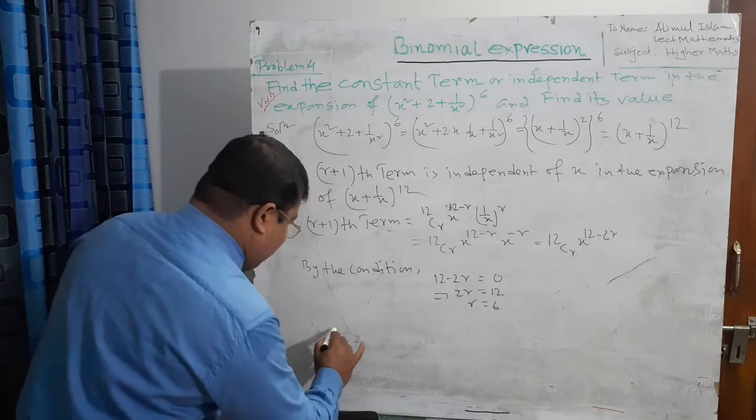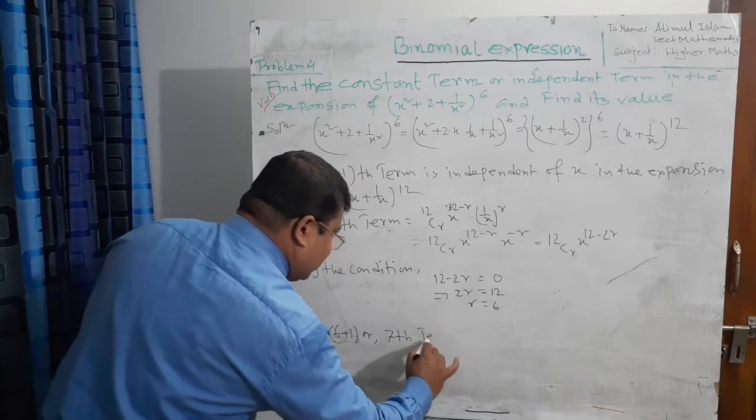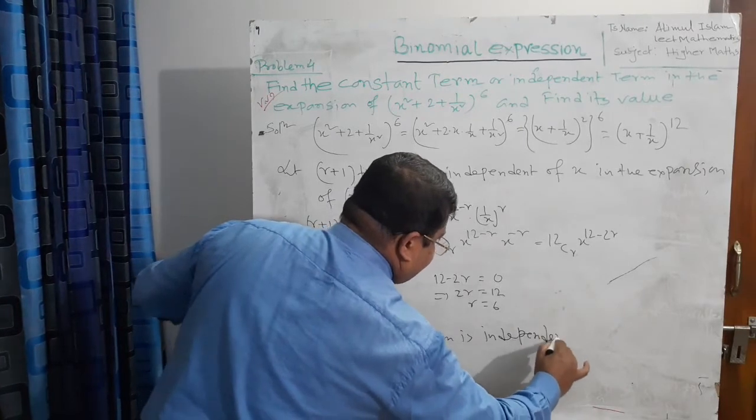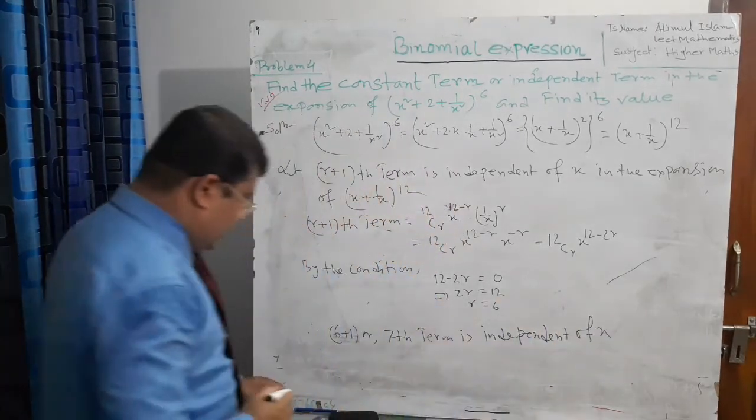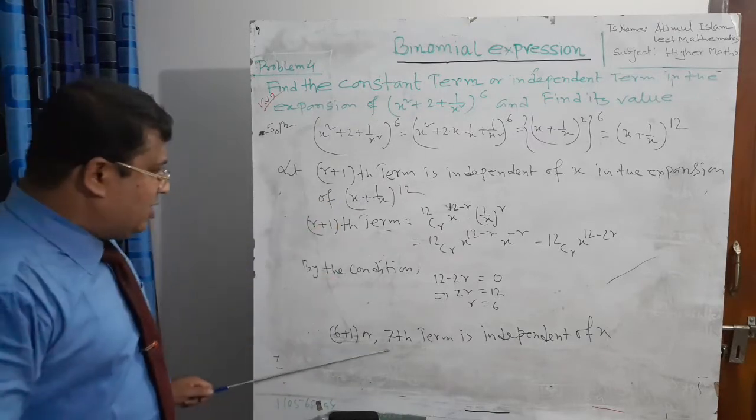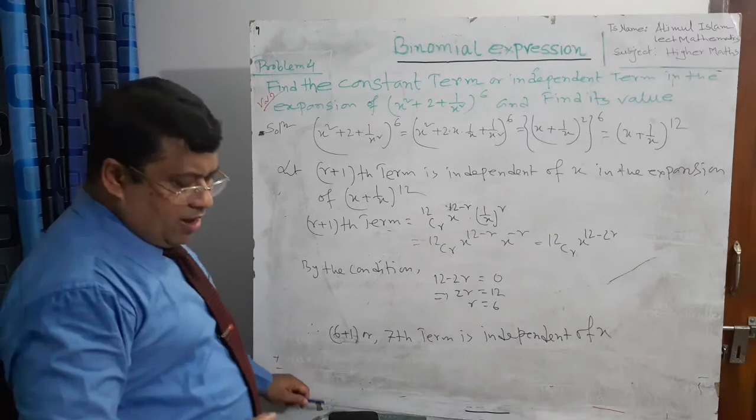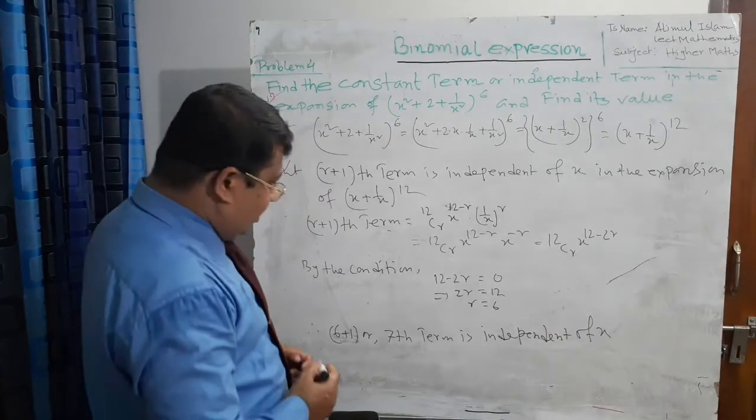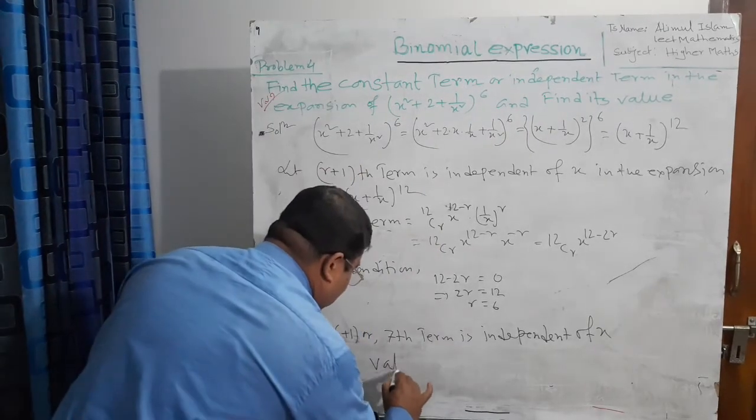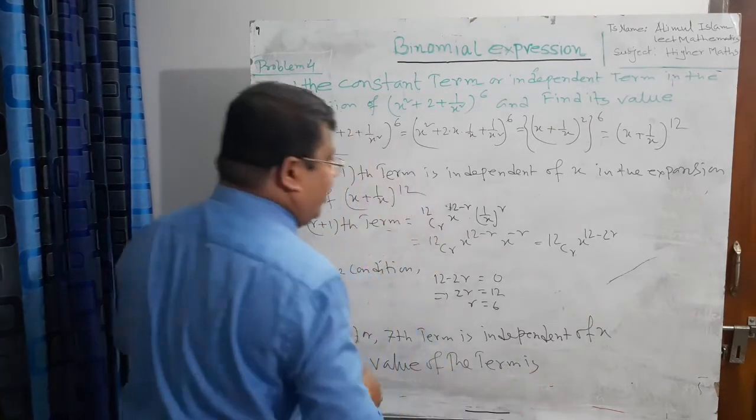Therefore, you can write 6 plus 1, or the 7th term, is independent of x. And in the question, there are 2 questions here. Find the constant term or independent of x. The 7th term is the constant term, the term independent of x. Then find its value. The value of the term, you write